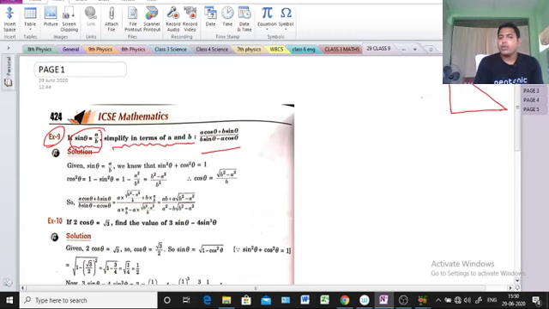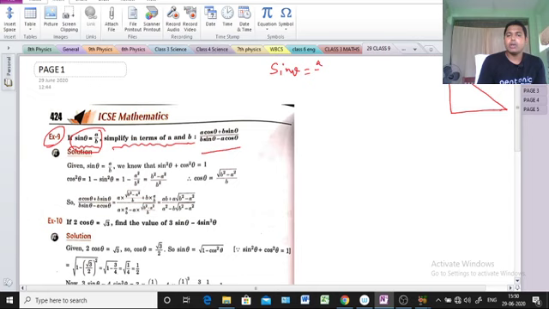After a few days we will do that process by the formulas. We know the formulas: sin square theta plus cos square theta equals 1, sec square theta minus tan square theta equals 1, and many other formulas are also there. With the help of those formulas we'll solve it. But nowadays we'll do all the problems with the help of a figure. Okay, now see.